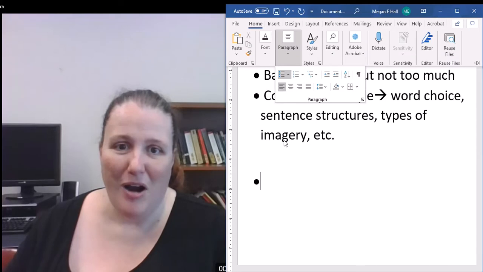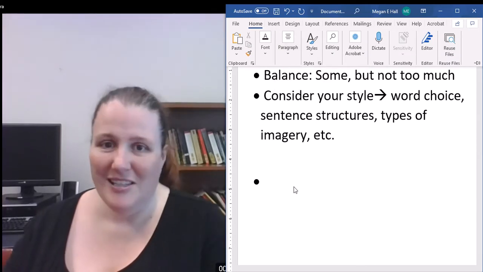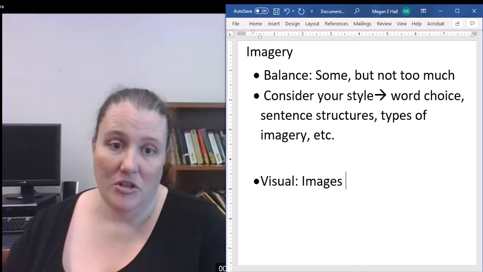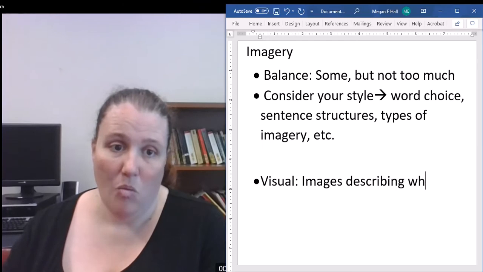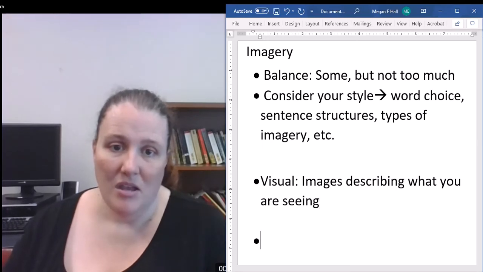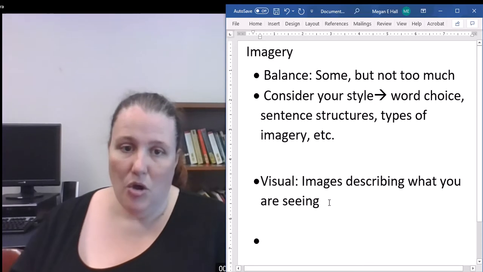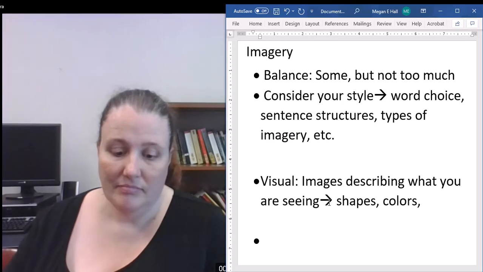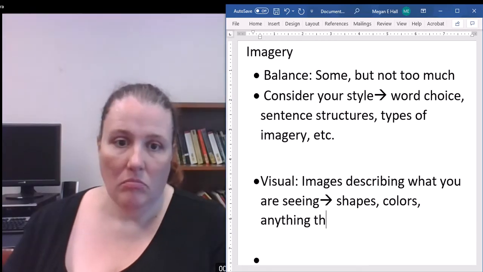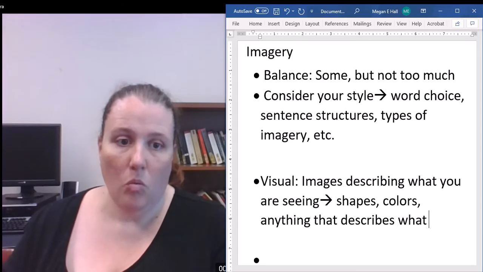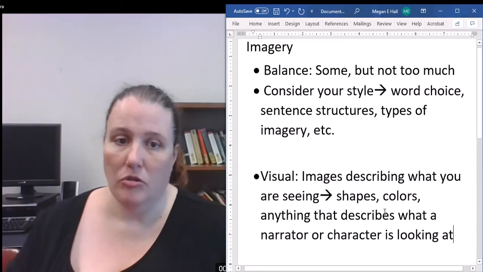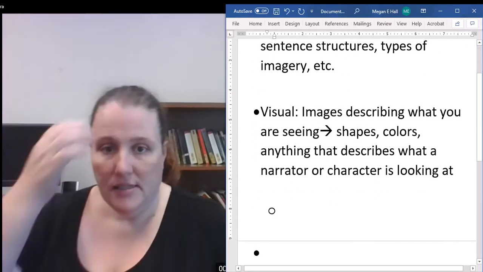The first, probably the one that people think of the most, is visual. Visual imagery has to do with images describing what you are seeing. So things that go into this: shapes, colors, anything that describes what a narrator or character is looking at, or what you want the reader, the audience, to look at. So, for example,